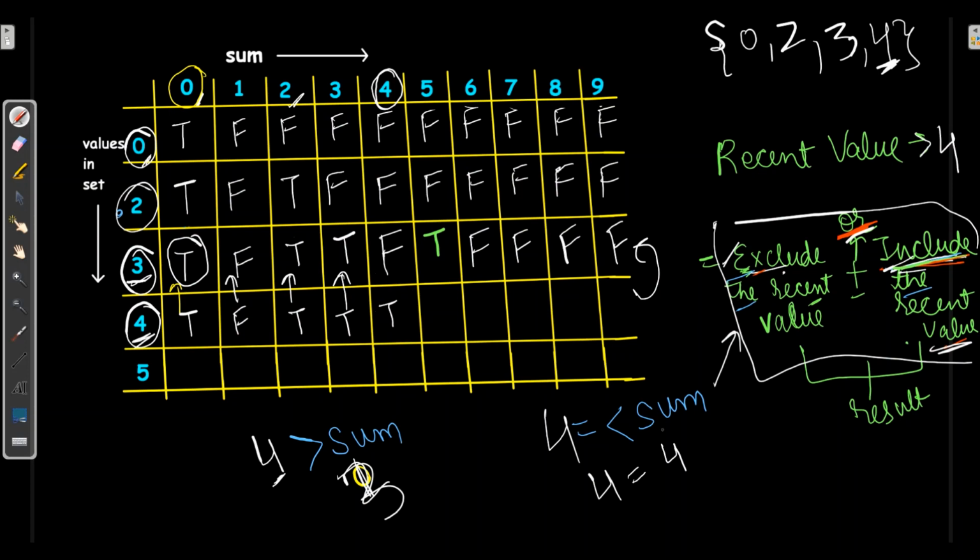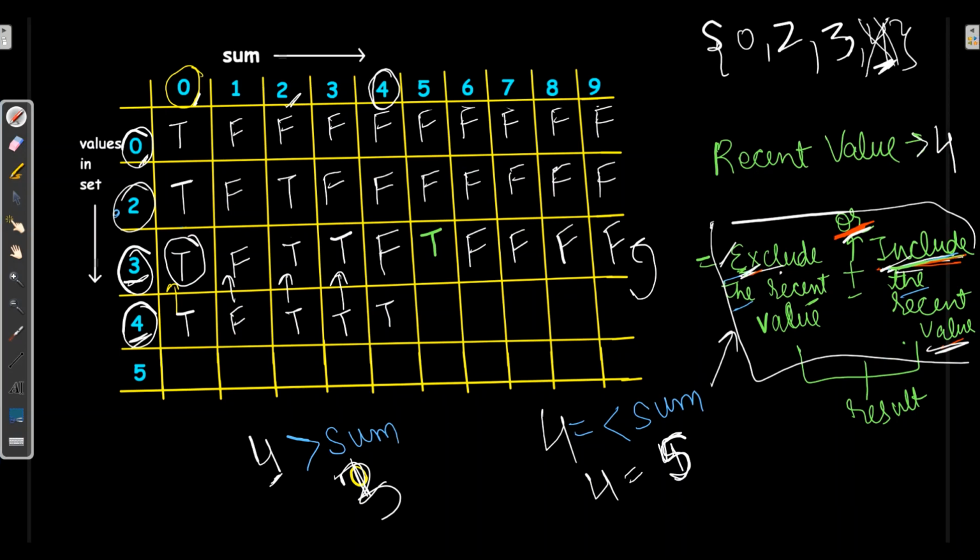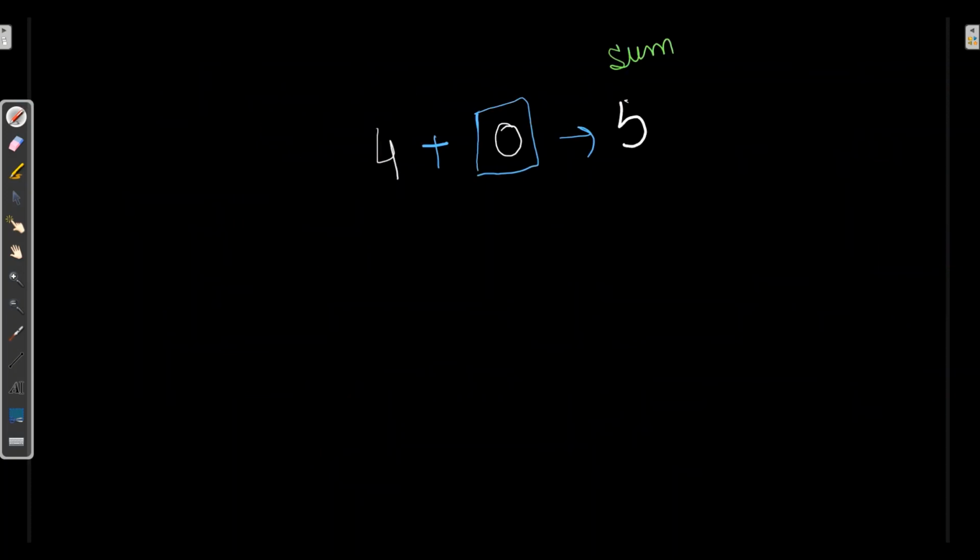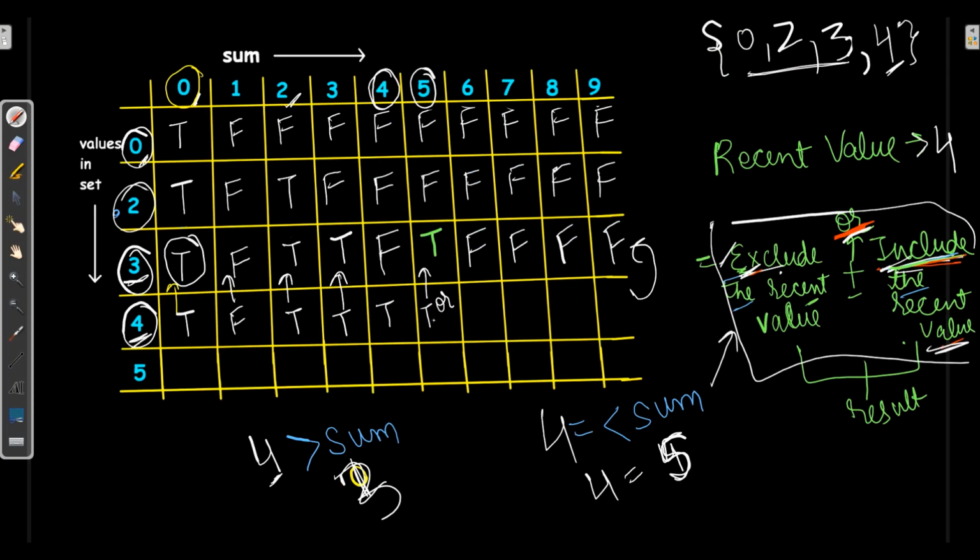Then 5 we have as sum. So first we will exclude the value, and on the basis of the earlier value, which is true, or by including this value, sum is 5. So 5 can only be achievable by adding 1. So we will verify 1 in the above cell, which is false. So true or false will be true.